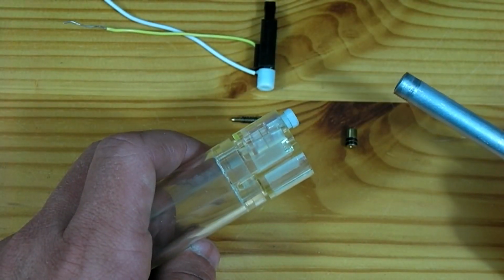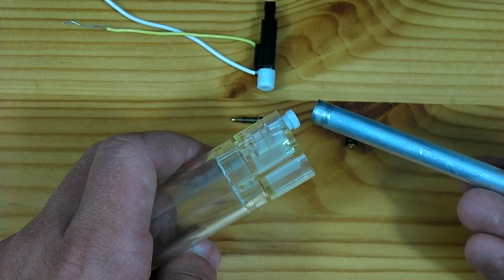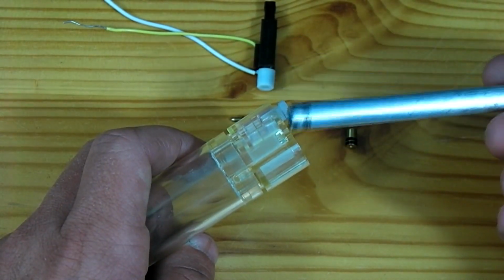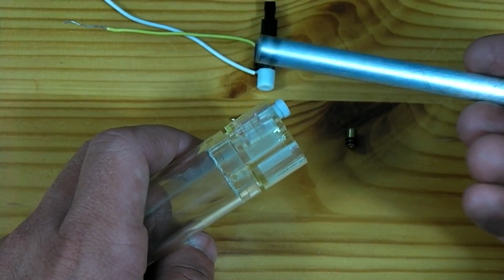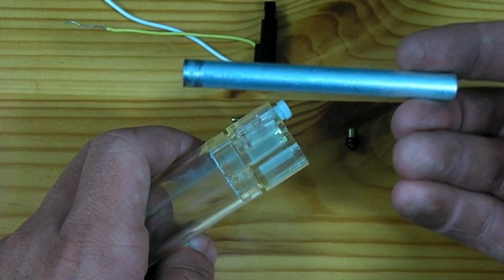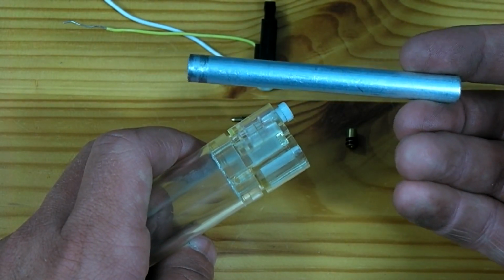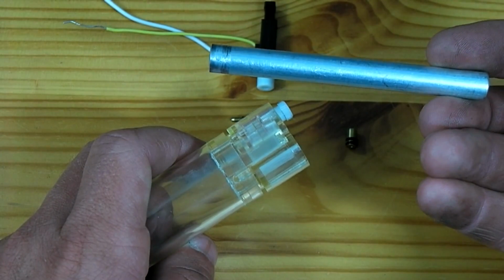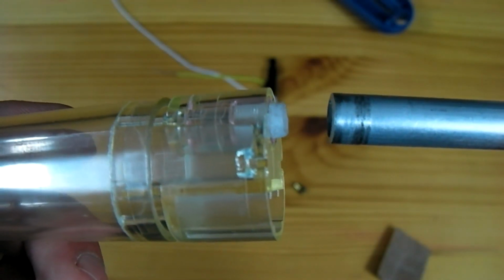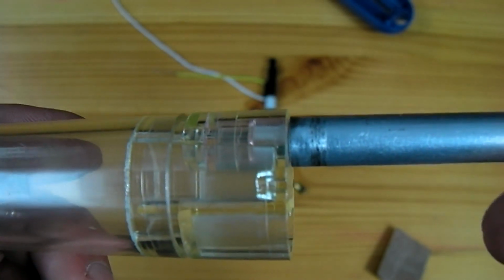Now the last thing we need to do to this little white piece is to sand it down so it will fit inside our barrel. Our barrel can be made of anything, though I like to use something that is 6 mm in internal diameter so that it will fit airsoft pellets. This is the barrel off a broken airsoft gun. Alternately, you can use a 6 mm pen tube. Once the plastic piece has been sanded down enough to fit the barrel, it should be glued on with epoxy